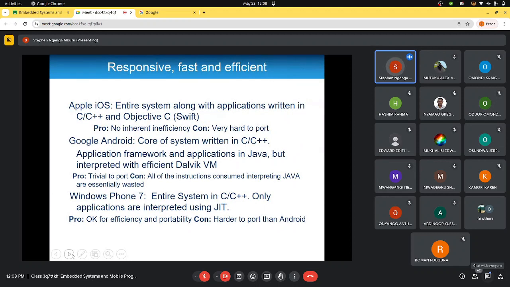So I think I've already mentioned this, but it's important to note that Apple iOS was mostly developed using what we call Objective C, which is a variant of C and C++. And today it has been simplified by using what we call the Swift framework, but we'll see how to do that. Android mostly relies on C and C++, but for the applications, Android Studio really wanted us to use Java, but because of